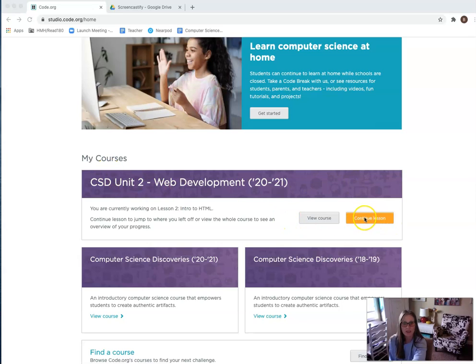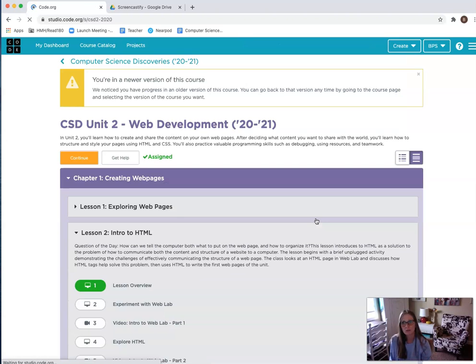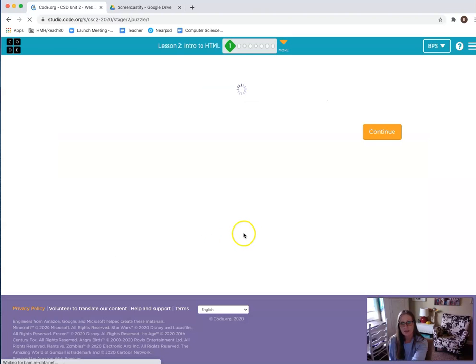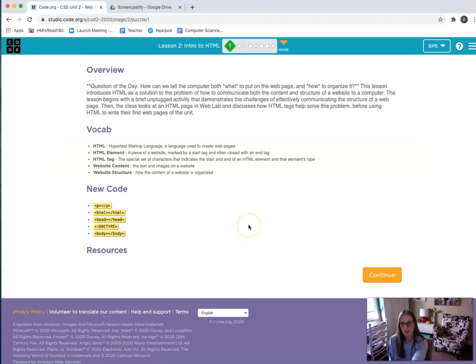I can either press Continue Lesson to start wherever I left off or View Course. Remember, we're in Unit 2, which is HTML. This one right here, Lesson 2, Intro to HTML, is where we are. And 1 is actually really important. So one of the things you're going to see in 1, beyond what you should learn, so a quick overview,